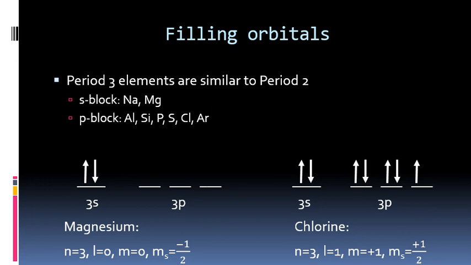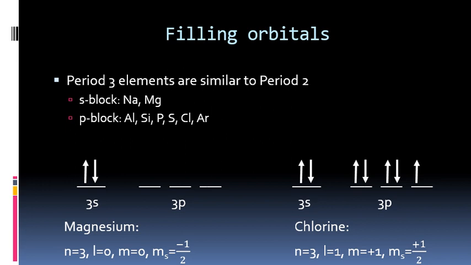Now going further to the right, for say chlorine, which is in group 17, period 3, well, it would have 7 valence electrons to work with. The first 2 would fill the 3s orbital, and then for the set of 3p orbitals, 3 electrons would be used to fill each subshell, and then the 2 remaining would be paired off in the first 2 subshells. Therefore, the final electron in chlorine, which is in the middle 3p orbital, its principal quantum number would be 3, angular momentum as a p block element would be 1,